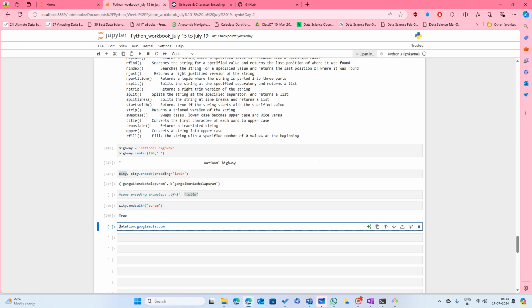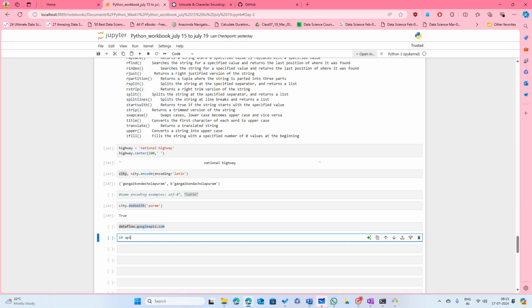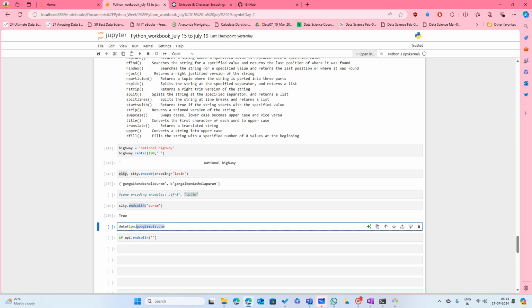Now we want users to enter a proper API value. So for that, I used a very simple statement: if API dot endswith, certain thing, so if it ends with .googleapis.com,